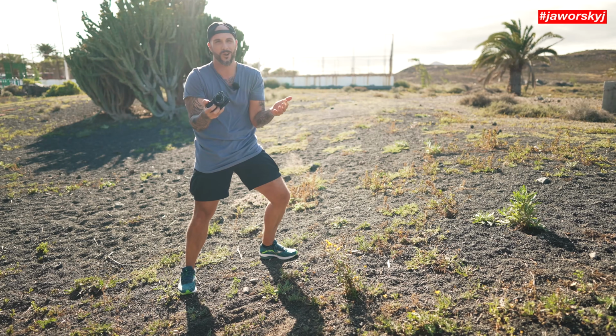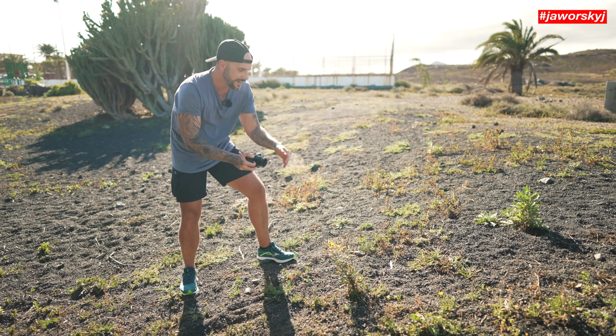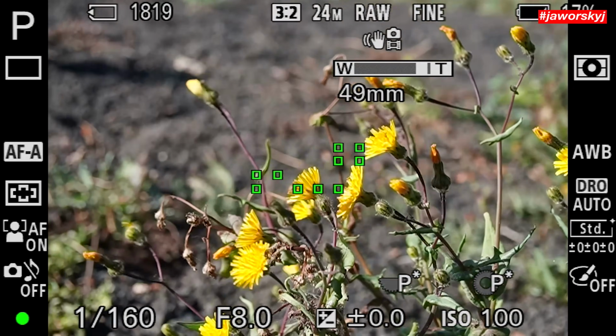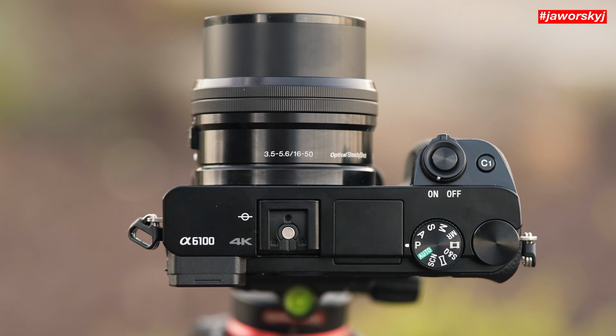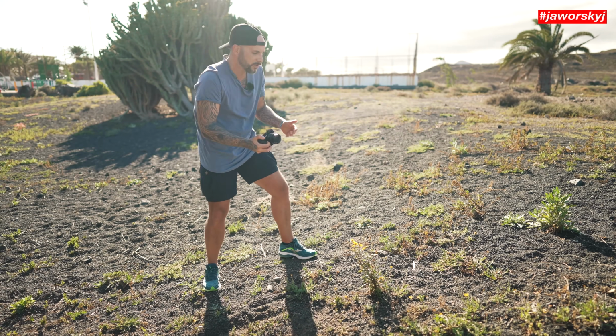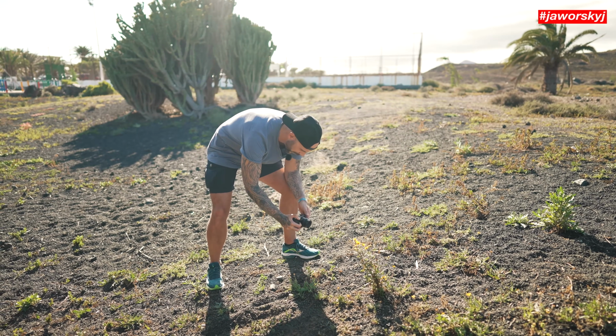I photographed so many different flowers. And here in this case, I would even zoom in a little bit with my zoom lens. It's the kit lens, which usually comes with the camera. So it's also a very cheap lens, but good for beginners. So I zoom in,